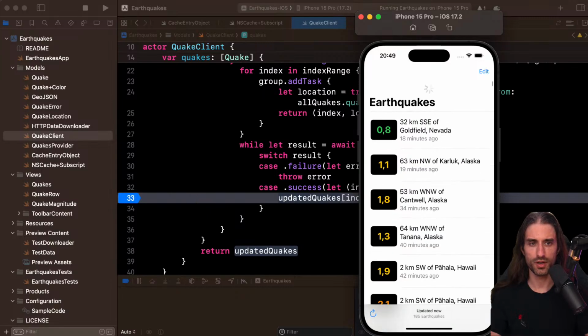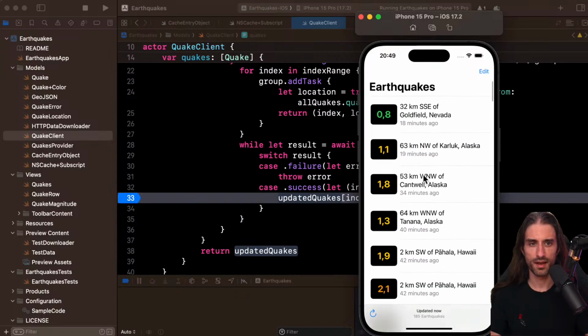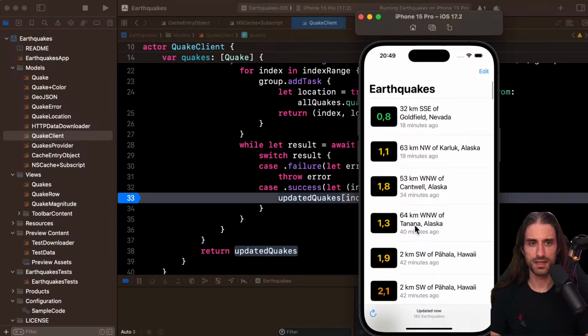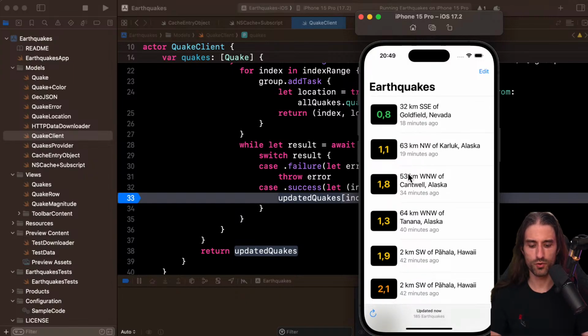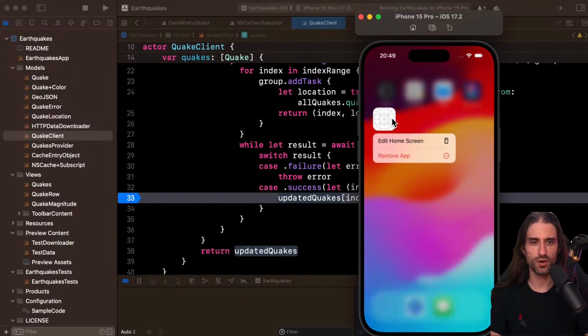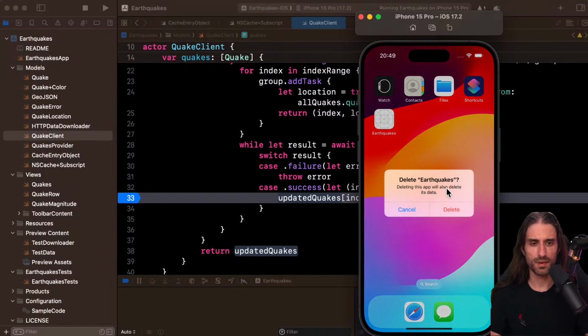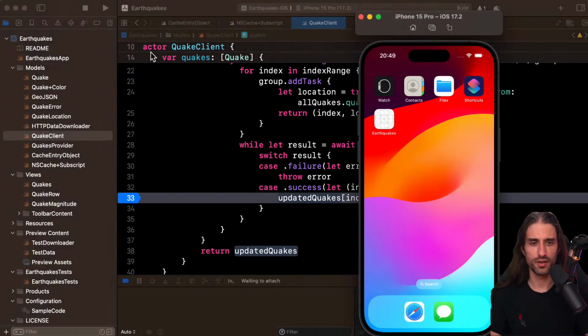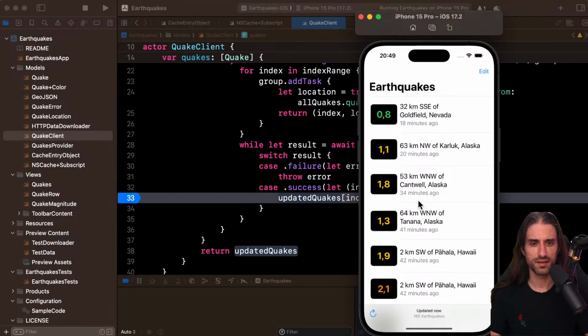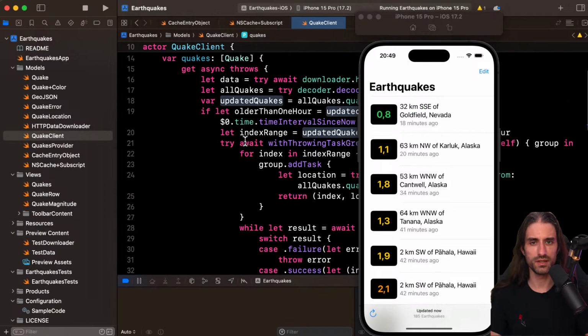Yeah, we haven't triggered the breakpoint. Oh, but I guess maybe because there were no new earthquakes, and the one that I had were already maybe saved on the device. No, so this is still not being called.